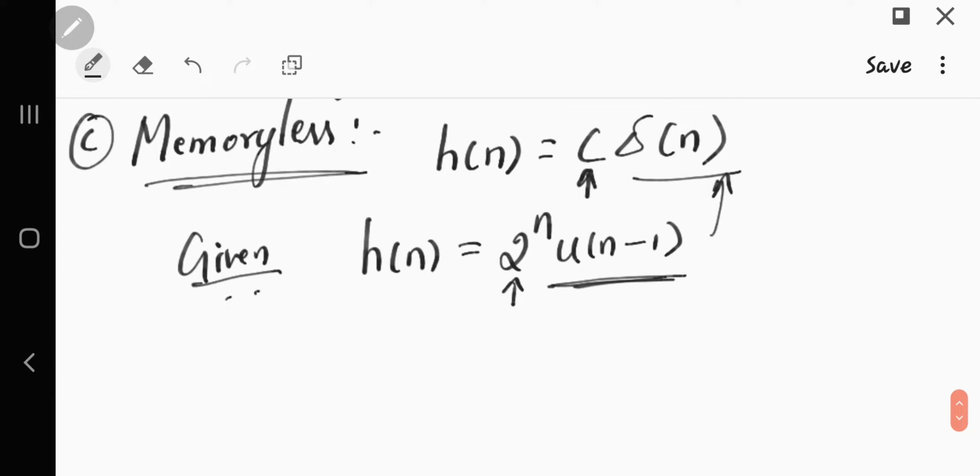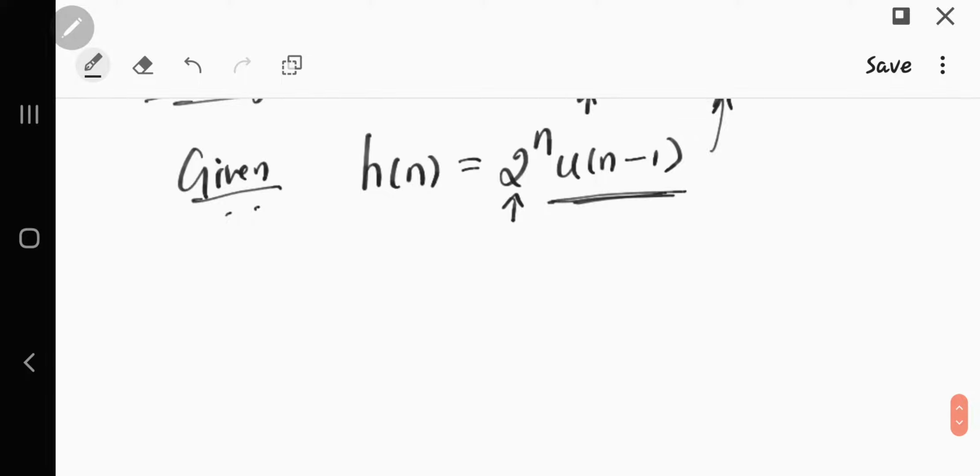So therefore, the condition is not satisfied for memoryless. We can say that the system is not a memoryless system. How to conclude this? We can conclude like this: since